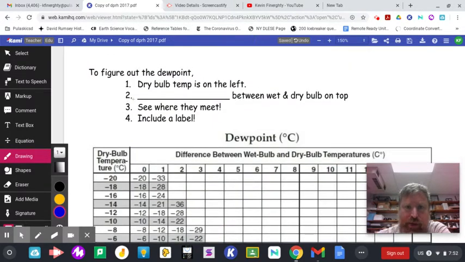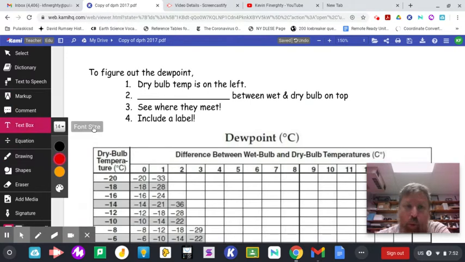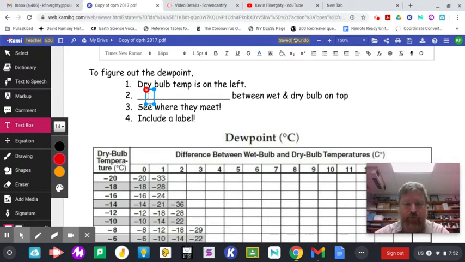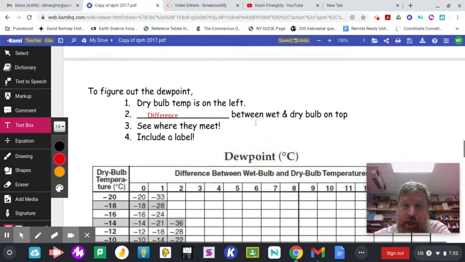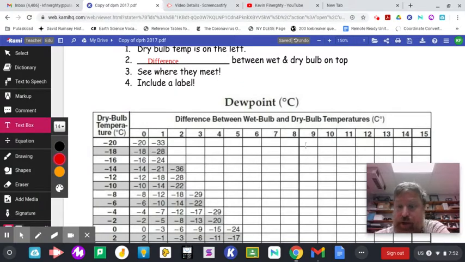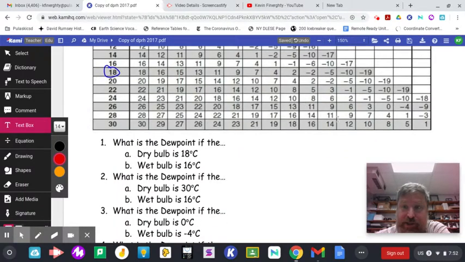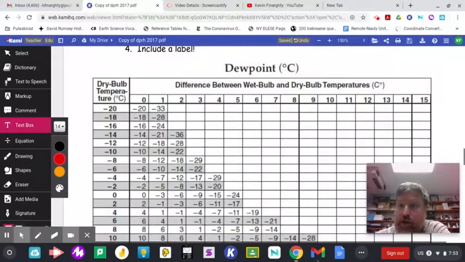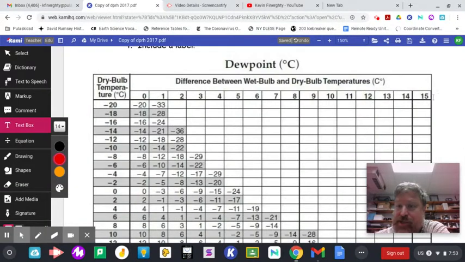Step two, on top is the wet bulb depression, or what we defined just above when we did the notes is the difference between wet bulb and dry bulb. And again, people will always be tempted just to chuck the wet bulb temperature in there. Now, you can't do it on this first one because the first one is 16. So if you turn on your mic and say, hey, Mr. F, I don't know what I'm doing. There's no 16 on this. I'm going to say,